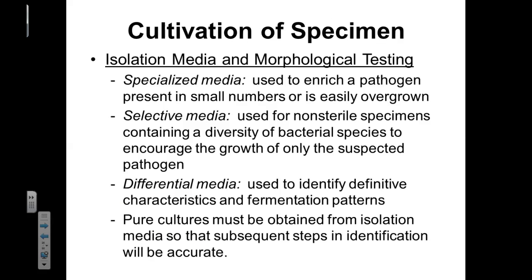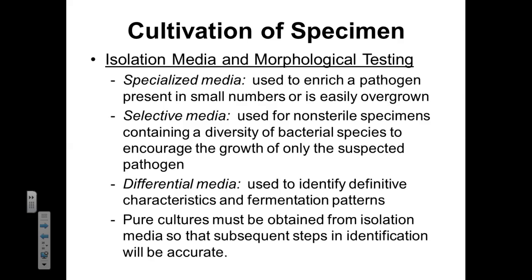When we are cultivating our specimen, we need to isolate pure cultures to get our good samples so we can have good data. So we'll use specialized media. Some media is going to preferentially select for one kind of pathogen and destroy the other kinds of pathogens. This specialized media is sometimes going to be formulated in such a way that pathogens that normally wouldn't be able to grow in regular generic media like nutrient agar would now be able to grow in very high concentrations. So we could have specialized media that instead of containing glucose as a carbon source is going to contain galactose